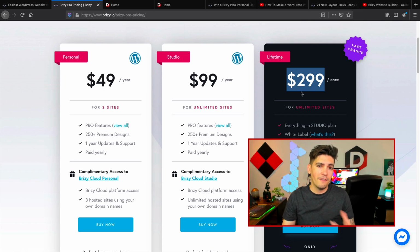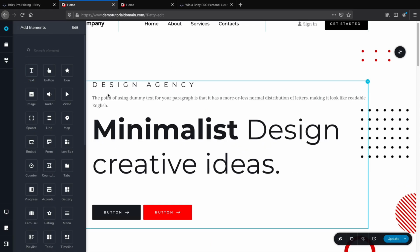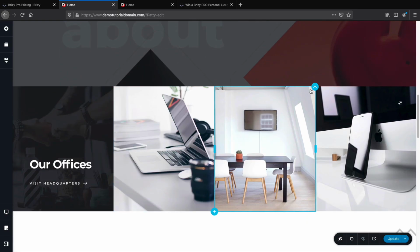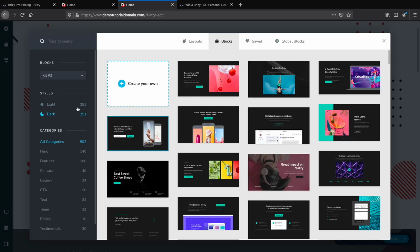Now, for those of you who have never used Brizy, the Brizy page builder is a very fluid builder. It's completely drag and drop. It's very simple to use. It's very similar to Divi and Elementor. It has that fluidity of Divi, but it also has that stability of Elementor. I do like it, and it's simple. You can drag and drop elements, you can change text, just like other various page builders on the